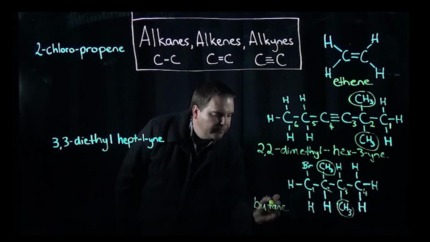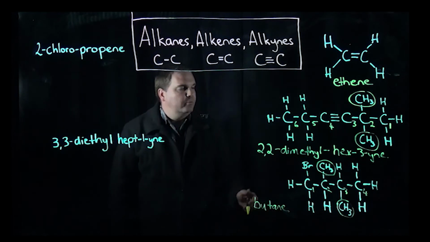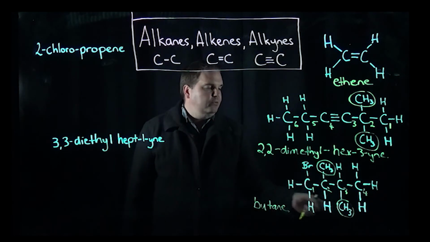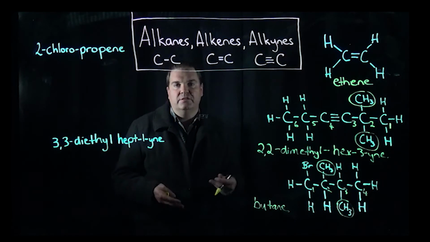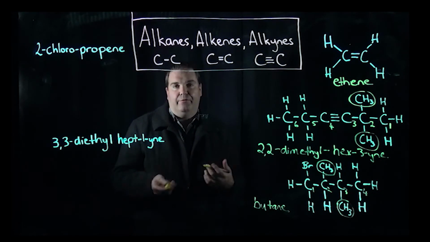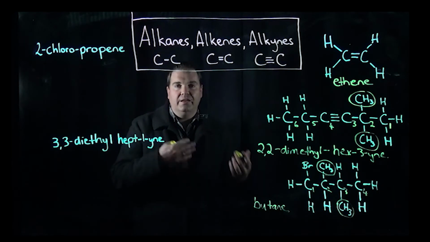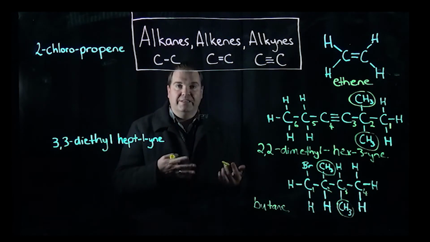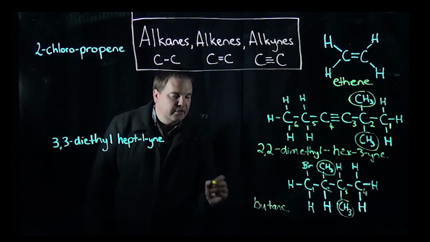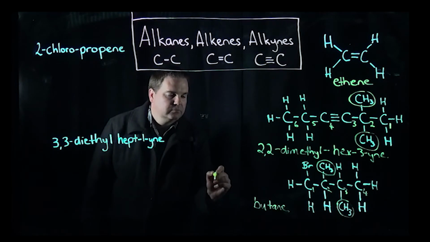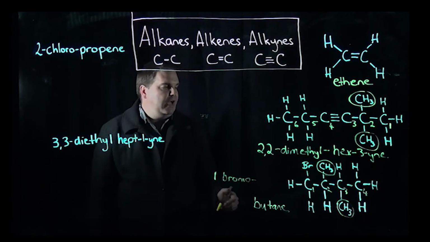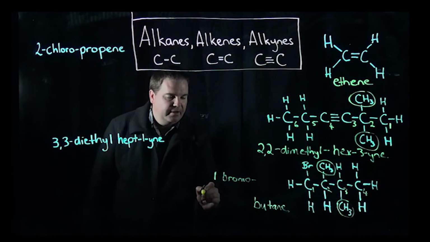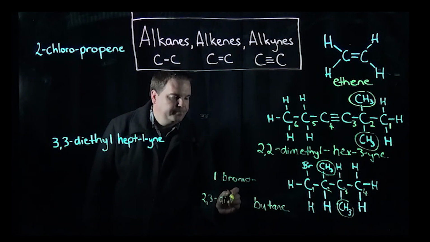But then we've got our other functional groups here. We've got methyl, and we've got bromo. So which one do we start naming first? Because all 3 of these are side chains. Well, what we do is we start using alphabetical order. So B comes before M, so bromo before methyl. So we name that first. So it's going to be 1 bromo, and then on the 2nd and the 3rd carbon atom, 2, 3 dimethyl